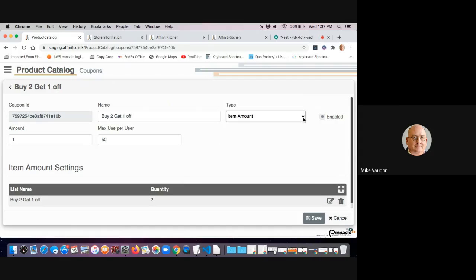In this case, it's an amount off. This is also where you would set up the amount that the consumer is going to get as a discount if they qualify for the offer. And remember I said that you can set this up as a true single-use coupon,